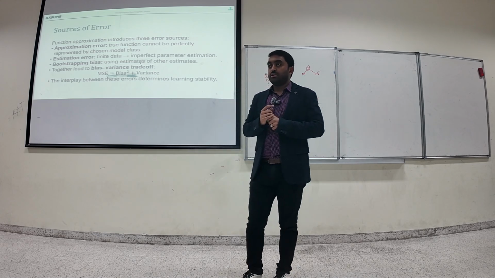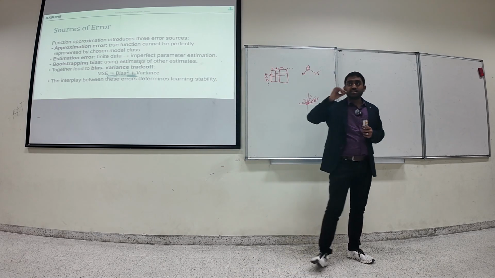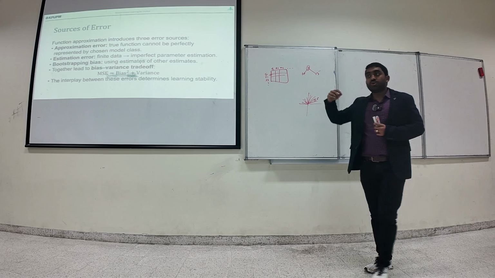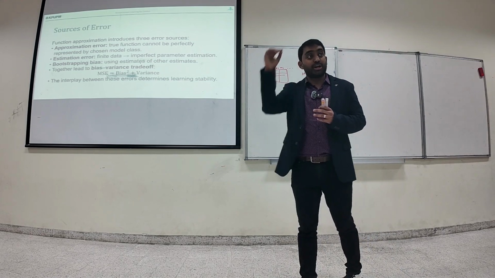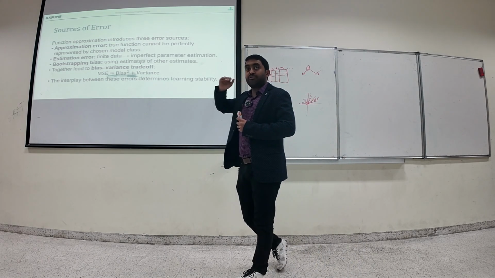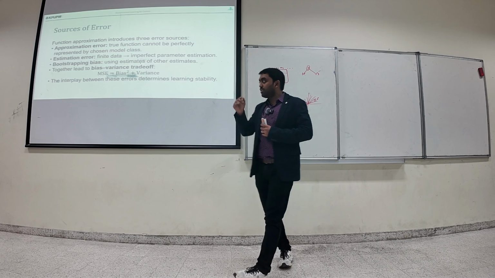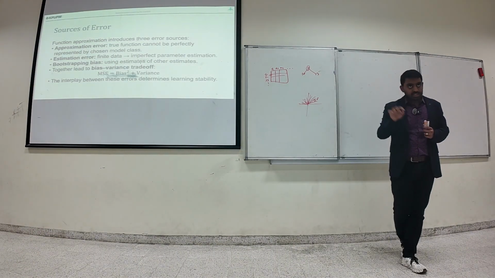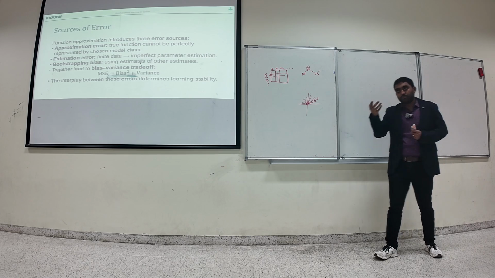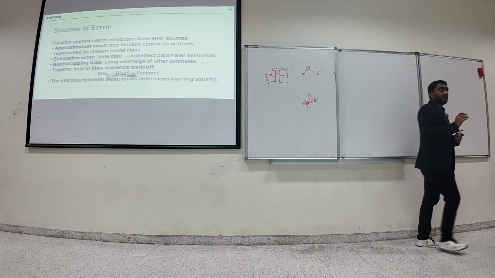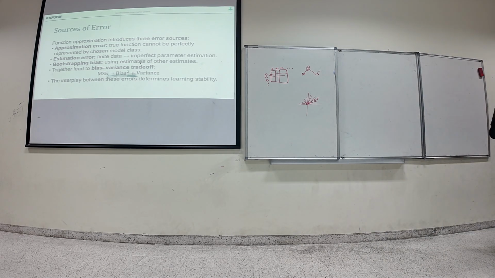What is bias? Closeness to the actual value that you have. Variance is the change in the episodic reward, or change in episodic estimation, right? You cannot let the episodic estimation change by a lot, otherwise you will not converge very quickly. And if your bias is way too much, even if you have low variance, it simply means that the value you computed or approximated is not correct. So the entire exercise of computing is useless, basically. So all these errors come into play when we use neural networks, right?